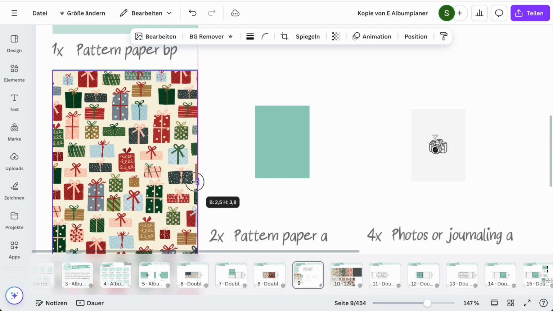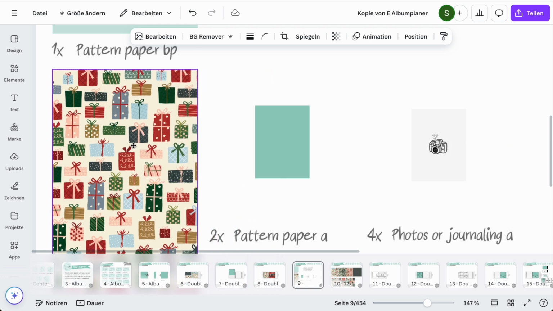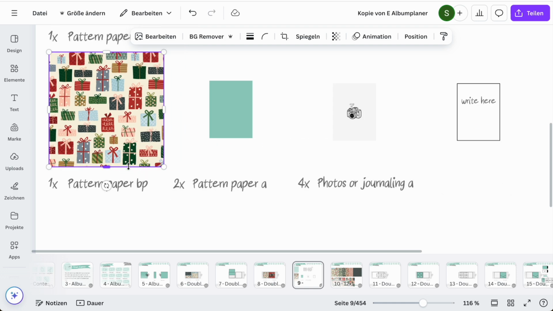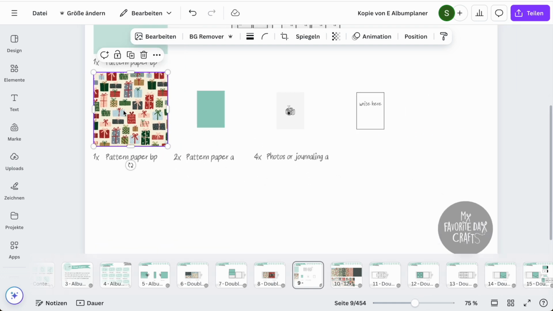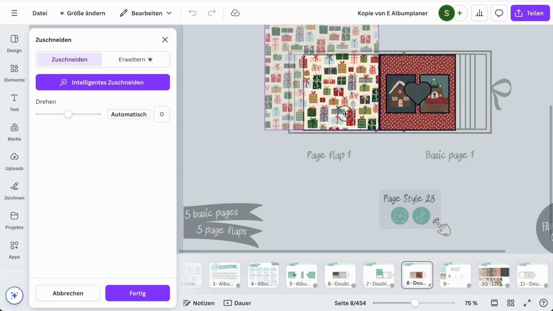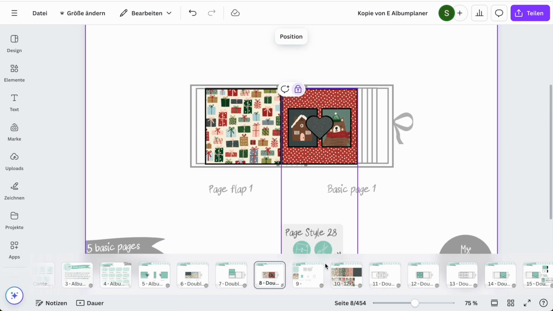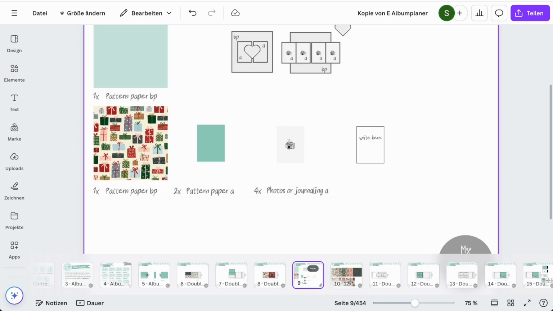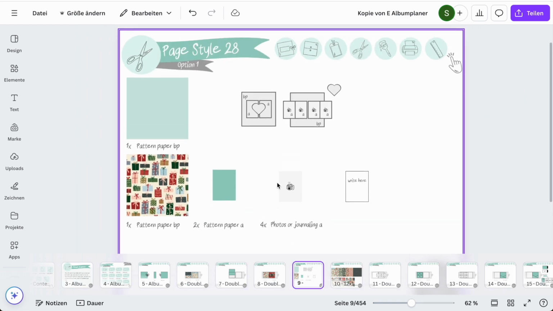So here I want to use it for the basic page, so the basic pattern paper, and then I can just place it onto this square, and then with the Canva function of the snapping tool, it just snaps in place and it's super easy to trim down. And then once it's trimmed down, you can just drag and drop it into the page style, and it's exactly 8 by 8 inches. And using those cutting mats is also a great way of actually finding a perfect fit